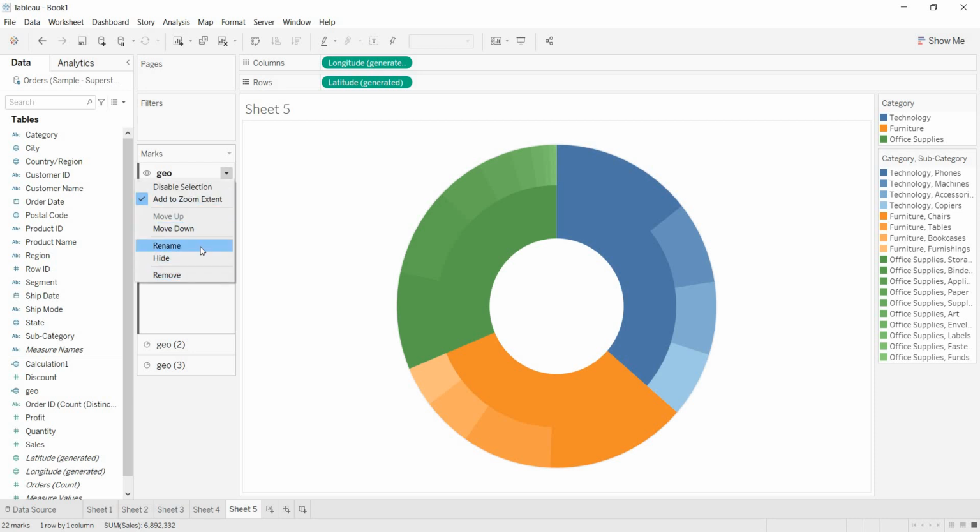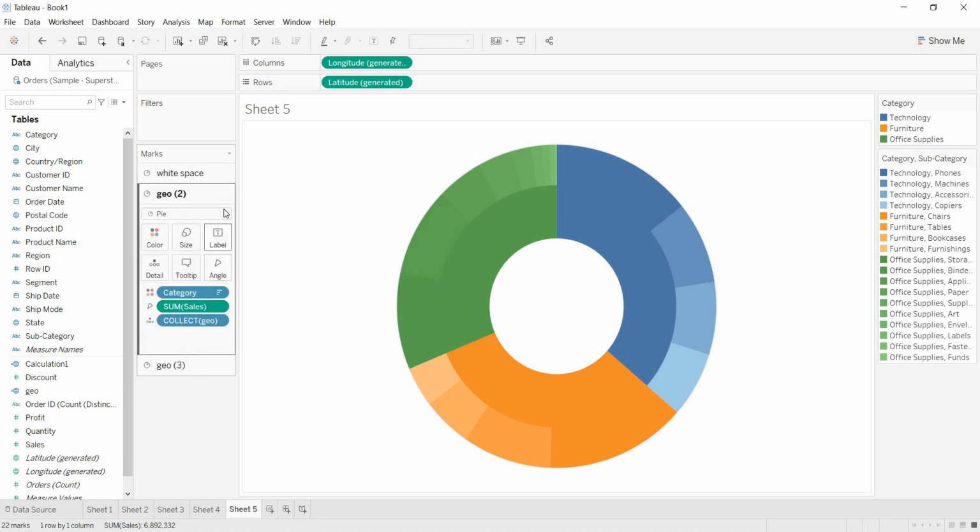Or else let me rename this. I'm renaming this, guys. How to rename? Just click on the drop down. Here I'm renaming this as innermost, or else just take it as white space.